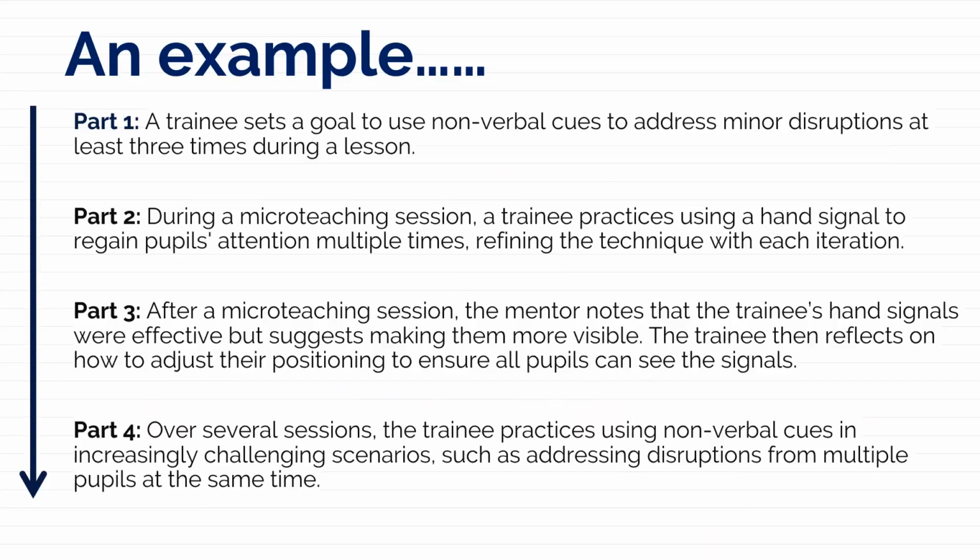So this example is a little bit more complex, so no prizes for guessing which one it involves. Work through these three parts now and see how the expertise is built up. We're focusing here on deliberate practice because it involves focused, repetitive practice with specific goals, immediate feedback, and opportunities for refinement. If you look at part 2, you can see that a micro-teaching session is used here as an approximation,